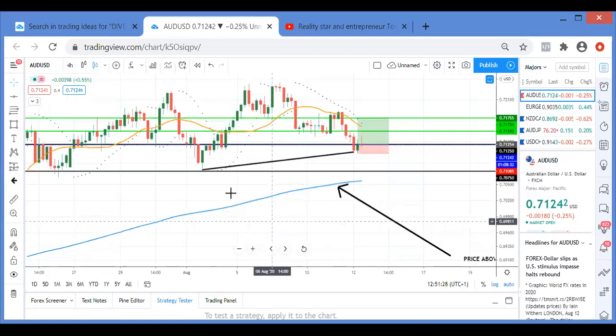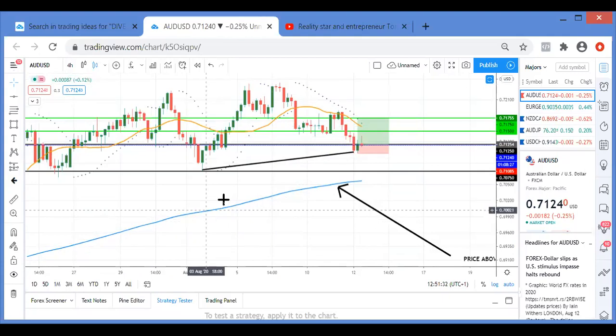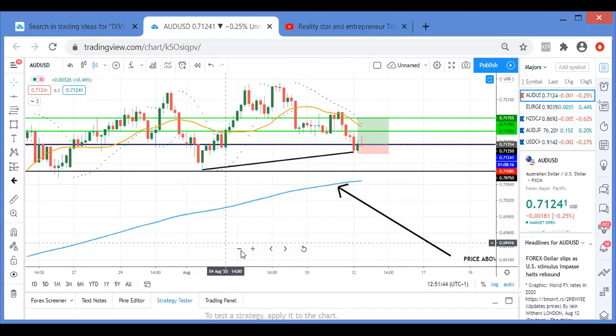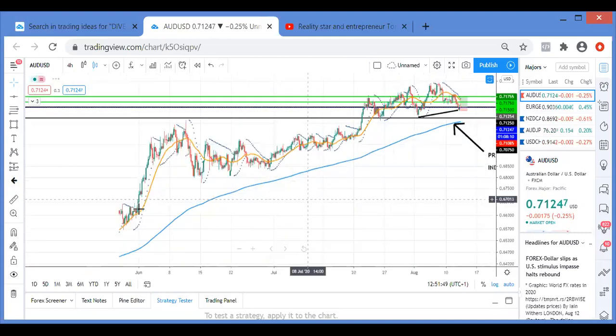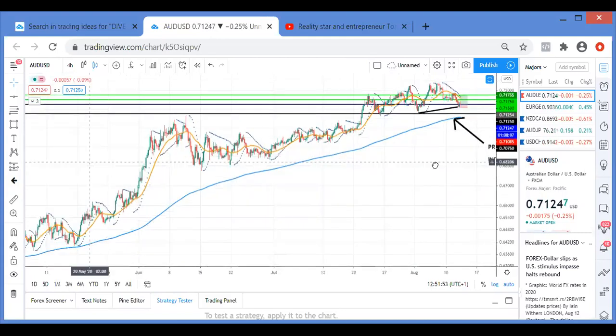Okay. So the reason why I call this trade, guys, is because one, it's above this moving average. Anytime the market or price is above this blue line here, it's signaling an uptrend. Even if we zoom out, look. For instance, this uptrend. This was in an uptrend for how long?